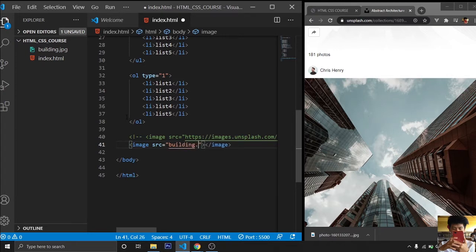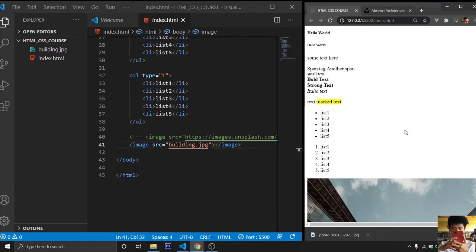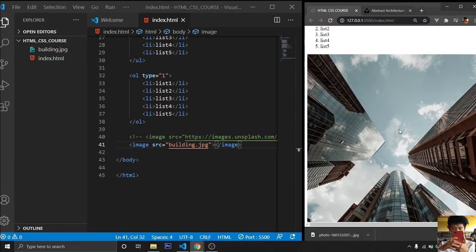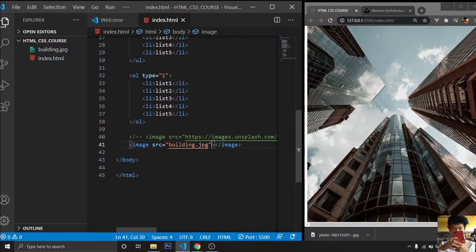And it is important for you to know the type of image. And we have here JPEG. So the building image loaded. And in case the image has a problem as failed to load, you can provide an